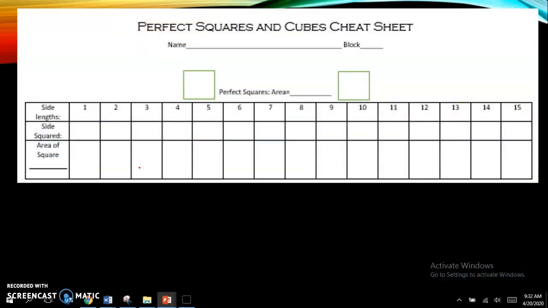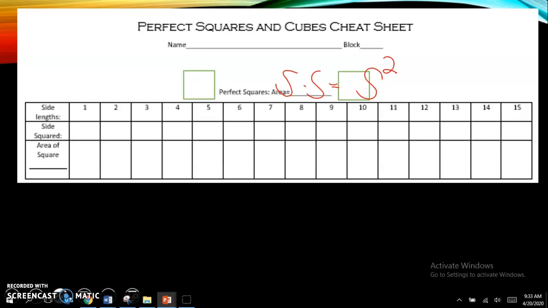All right, so now we're gonna look at this little cheat sheet. It's not in your notes, but hang with me. So we're looking at perfect squares. What the heck is a perfect square? Well, all the sides have to be equal. In order to find the area of a perfect square, we always multiply side times side, which we could also say is s squared. And remember that exponent of 2 means that we're multiplying a number by itself